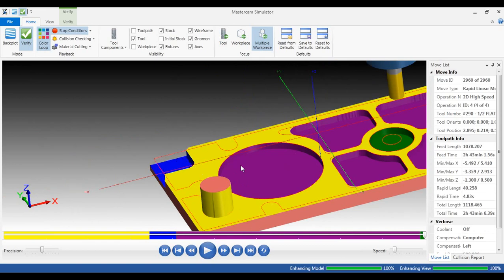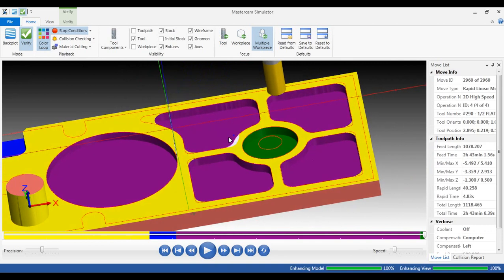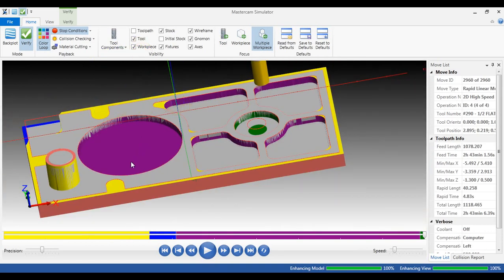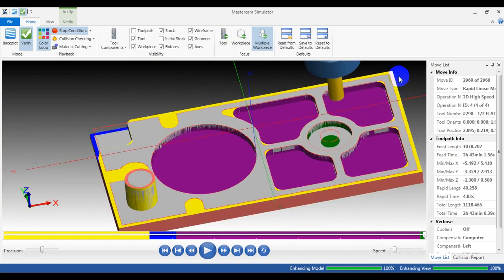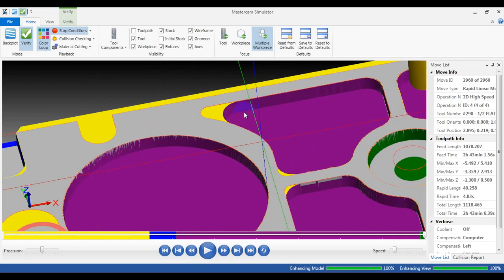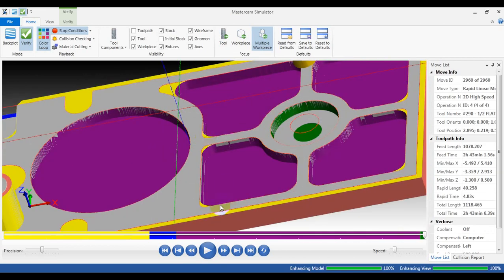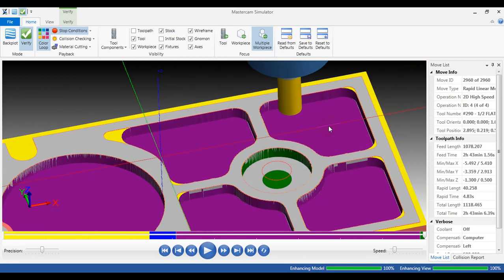We got the cut from the outside, we got the cut from inside, but we can take a look at this. We turn on the workpiece. You can see we have just forgotten the material outside the part. We will remove it later, but take a look at the pocket here. You can see we have a little bit of material left on the corner. You can see here this corner, this corner, this corner, this,